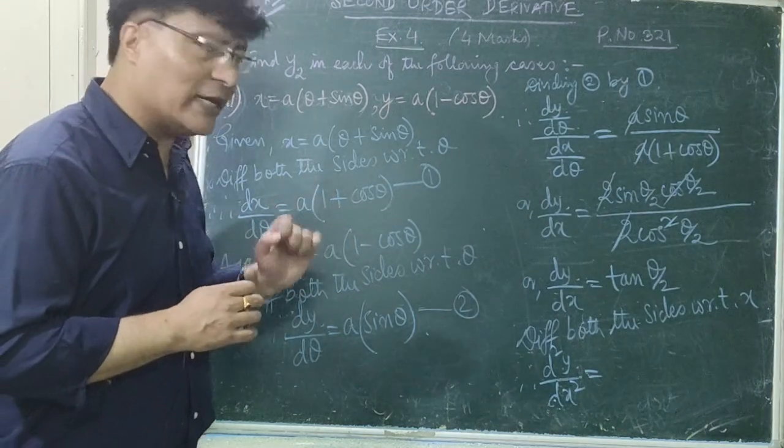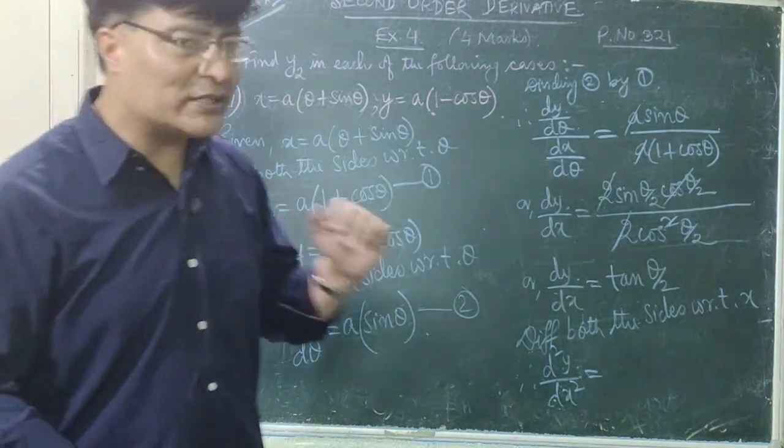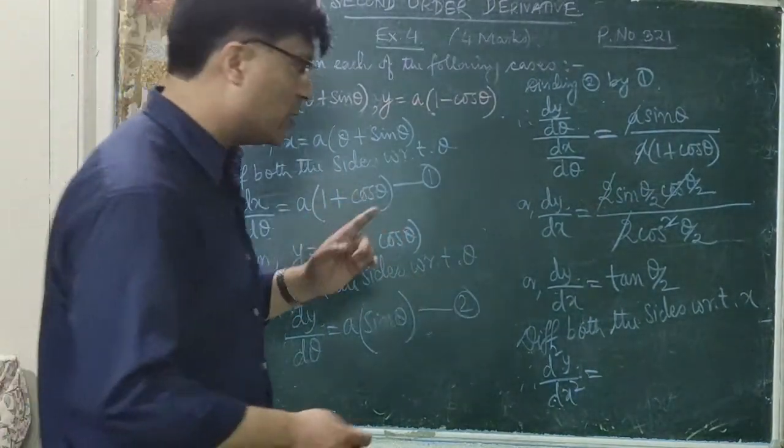Which function have we taken as x? Theta by 2 is taken as x. So what is the differentiation of tan x? It is sec square x. But here you have to write